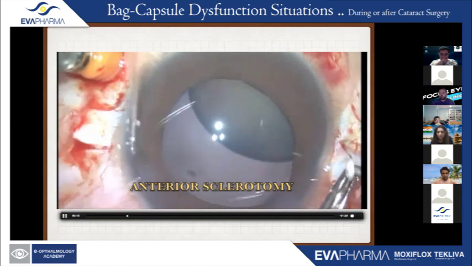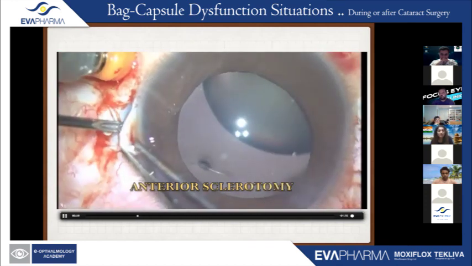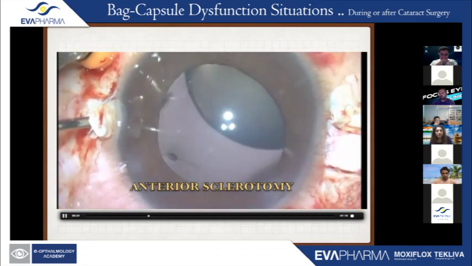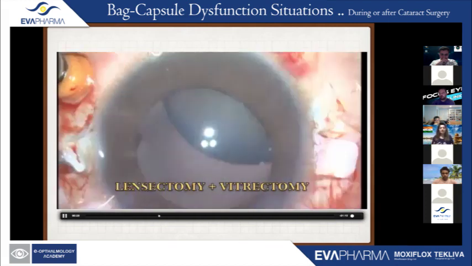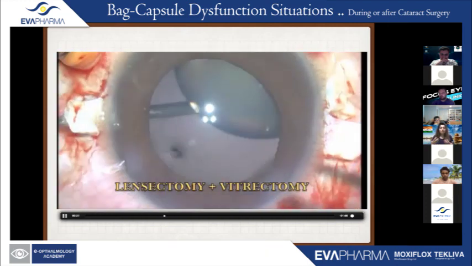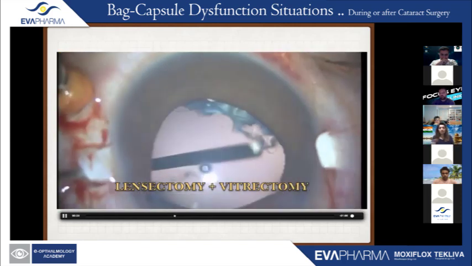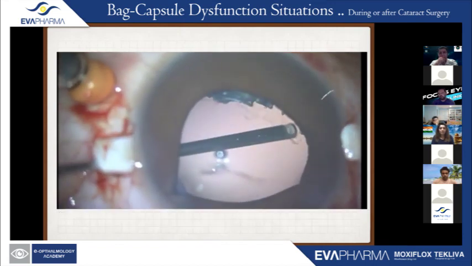And now when you see the sclerotomy being done, there is no dragging of the iris tissue along with it. When you are doing an anterior sclerotomy, you are coming up much more anteriorly, so the plane of the intraocular lens comes in front. Then you get a lot of haptics externalized on either side. So I would just skip the remaining video because it's just the lensectomy followed by the glued IOL